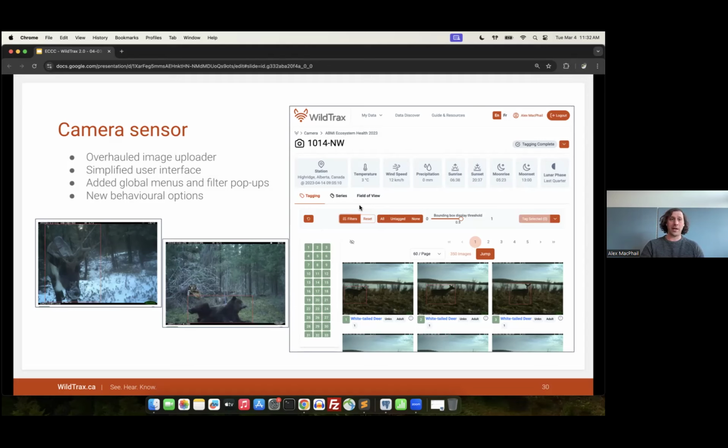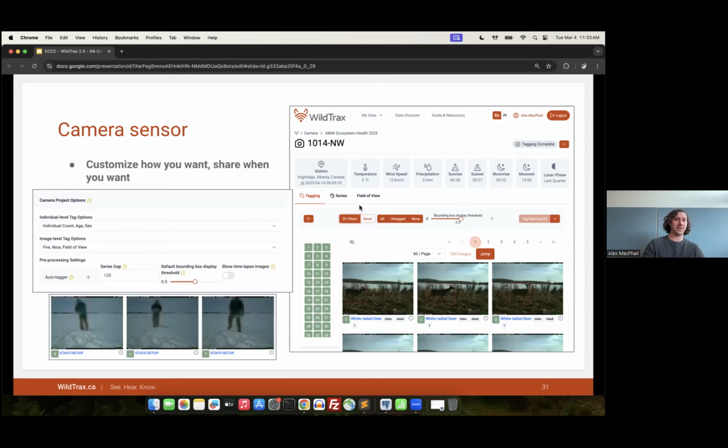There'll be new behavioral options to help support, again, the tree and cavity nesting monitoring direction that we want to head in, so that if you are taking pictures of a cavity of a pileated woodpecker, you'll be able to go into the details of what's actually happening at that cavity. So bird entering cavity, bird exiting cavity, bird bringing food to young, et cetera, et cetera. There'll be development of that over the course of the next little while, so that we can really enhance the camera sensor to be functional for not just the standard ecosystem health type monitoring, but a lot of different ways that people like to use cameras.